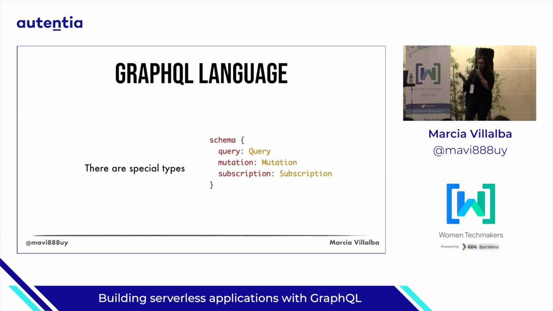And then we have special types. We have mutations, queries, and subscriptions. Queries are operations. These are all types, special types of types, because everything is a type. But queries are operations that you will perform in your data without side effects. So basically reading your data. Mutations are operations that have side effects, writing your data or doing whatever you want, but in general it's writes.